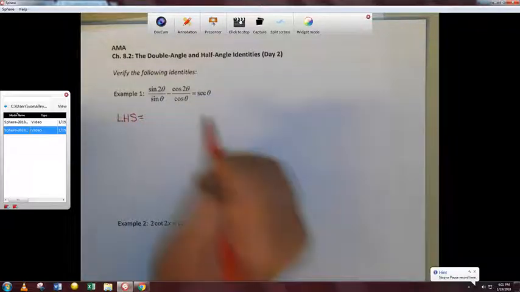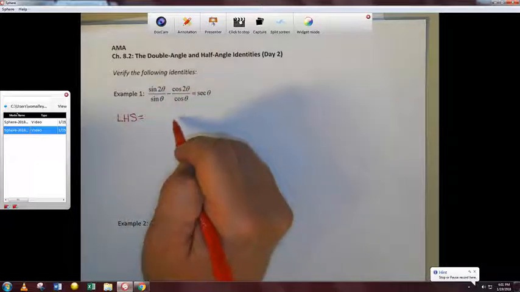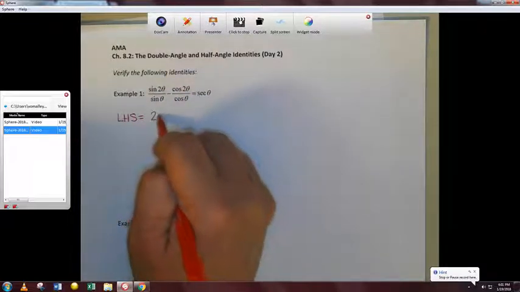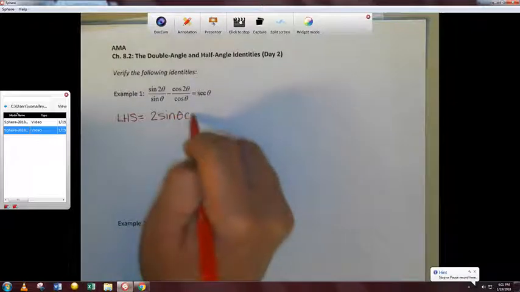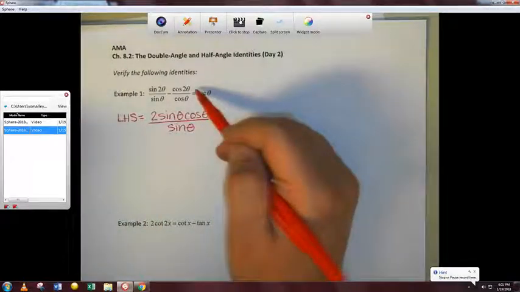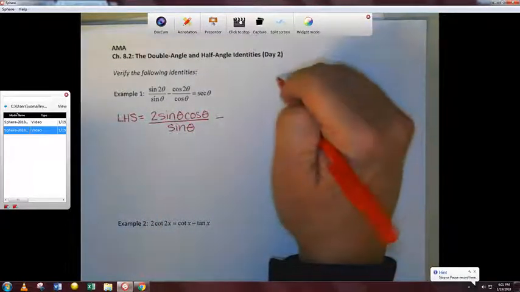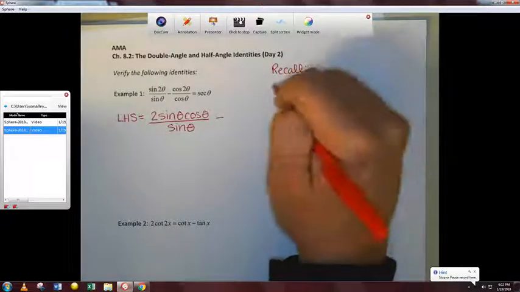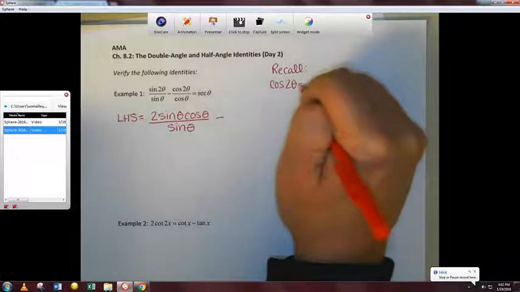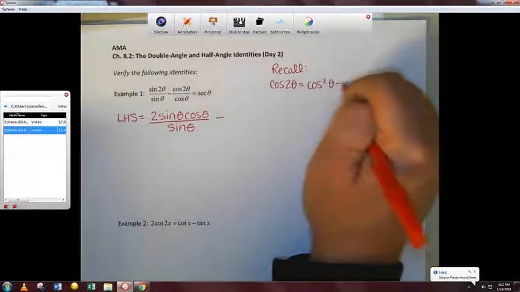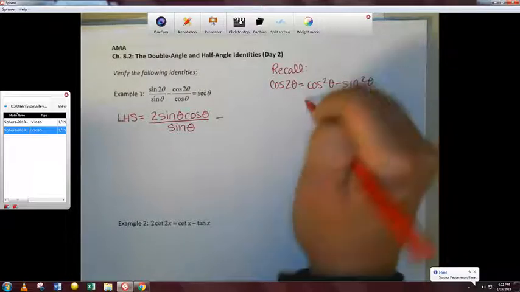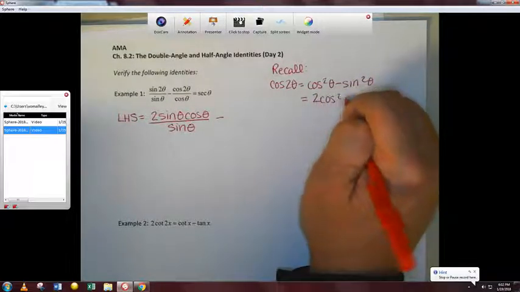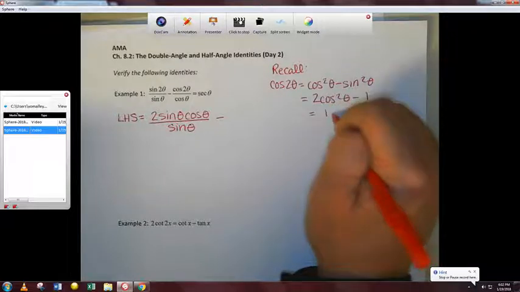So the left-hand side is much more complicated than the right-hand side, so I'm going to start there. And I'm going to replace sine of 2 theta with the double angle identity for sine, which is 2 sine theta cosine theta, and then we'll divide by sine theta. And then I'm going to replace cosine of 2 theta with one of the cosine identities for the double angle. And our options are cosine squared theta minus sine squared theta, 2 cosine squared theta minus 1, or 1 minus